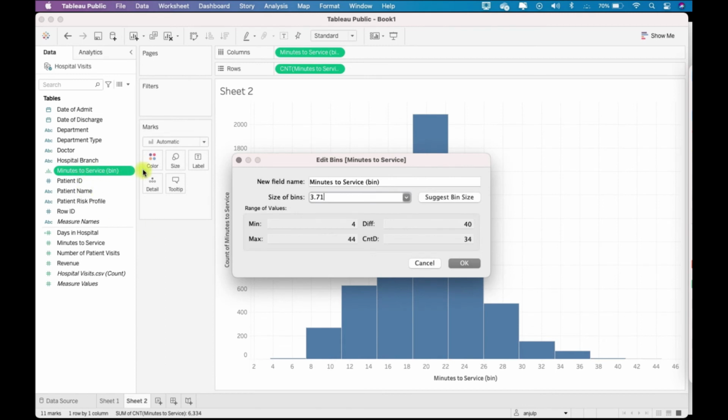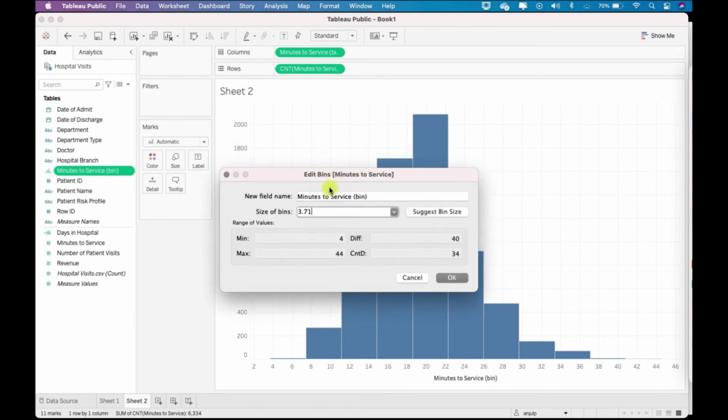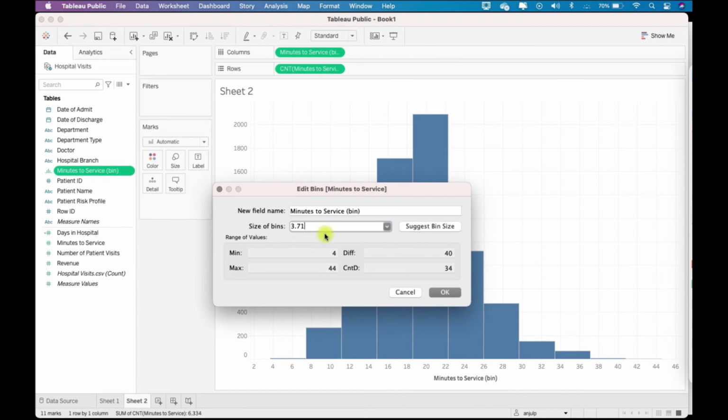If I click edit on this bin, you can see this is something Tableau has suggested. It automatically takes the suggested bin size, and Tableau will use uniform bin sizes for all bins. If you want, you can also create a new bin, or you can edit this.